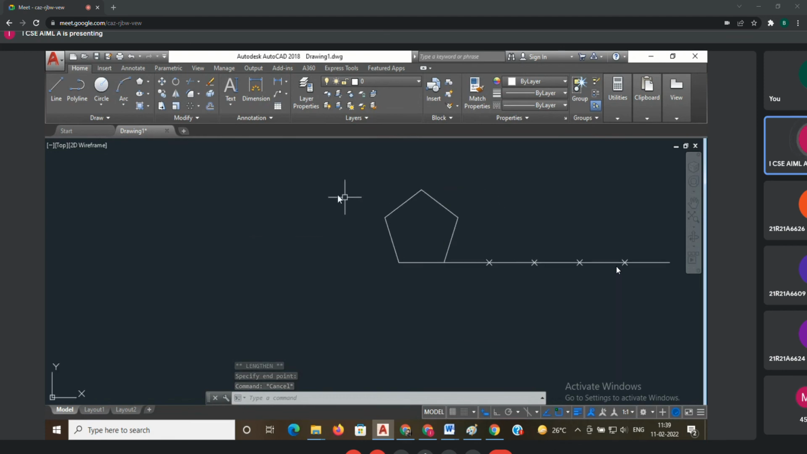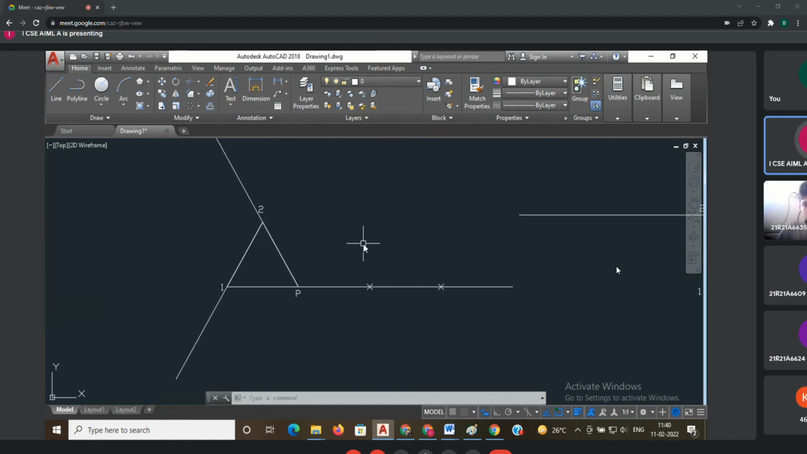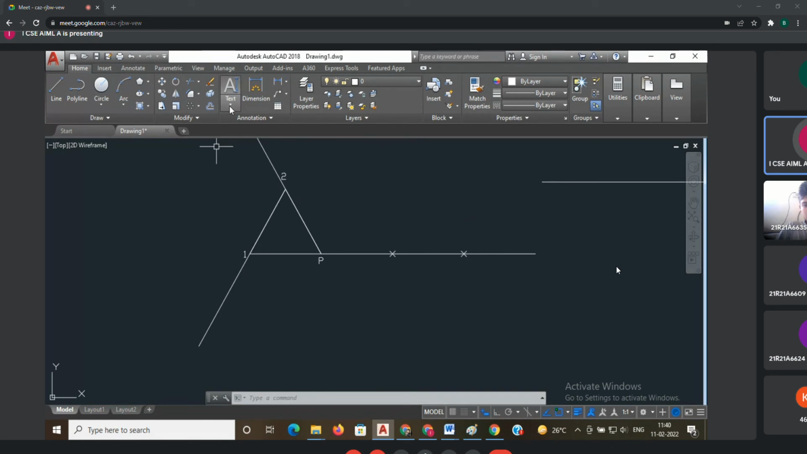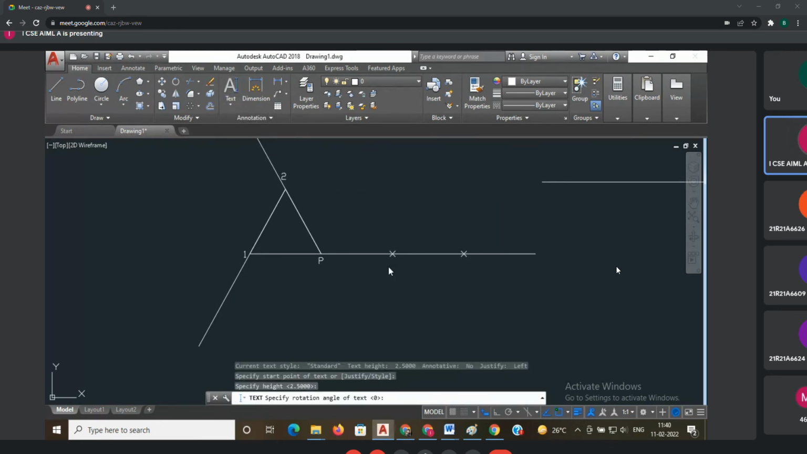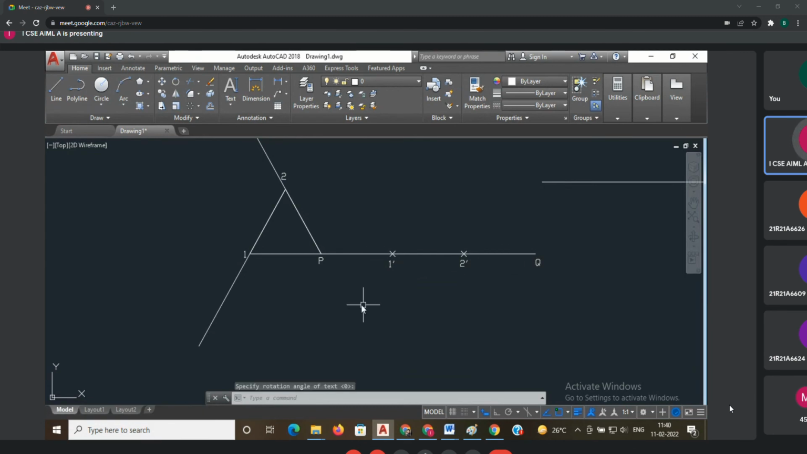Before that, you have to draw the lines on this and extend. First, we will practice these two, later you can do that. Next, what you have to do? Give the notations. This one is my 1 dash, this is my 2 dash, this is my Q. Done. Next, same procedure like our